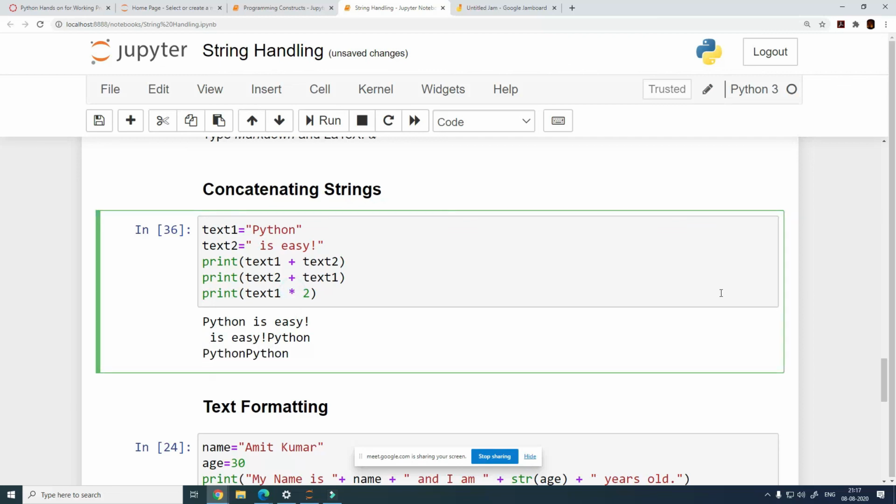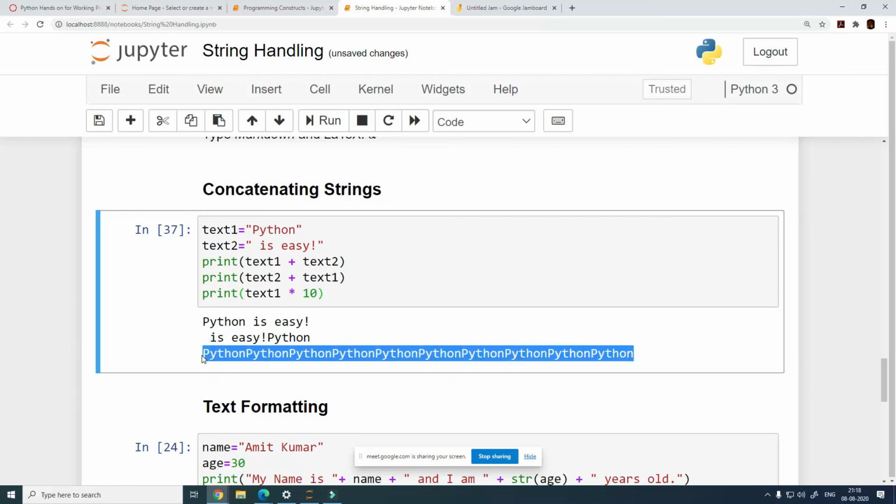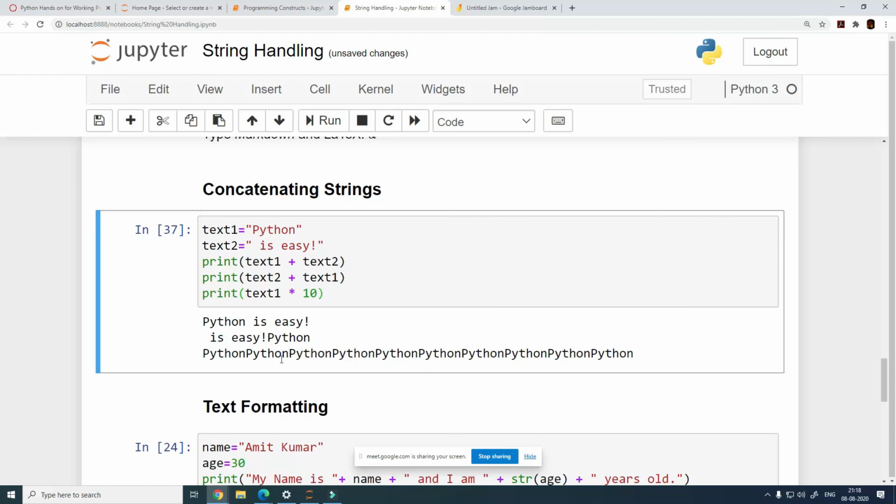So the same operators which we have seen earlier, the mathematical operations, change their nature slightly when you are using them with strings. Let's say when we do 10, then this is going to duplicate it 10 times. Easy. So we can use either plus or multiplication to do concatenation.